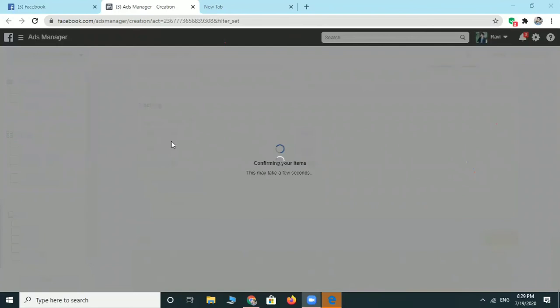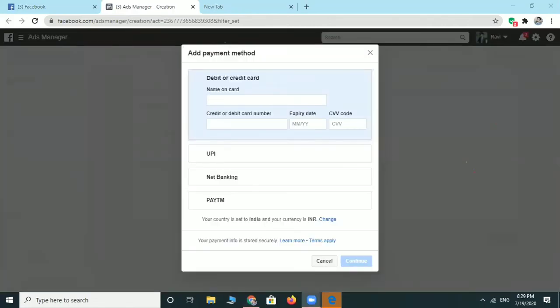I will stop this ad now. Just wait a minute, guys. So they are asking for a payment, right? If I do the further process, my payment will get debited and the ad will be shown on our Facebook page, Instagram story,